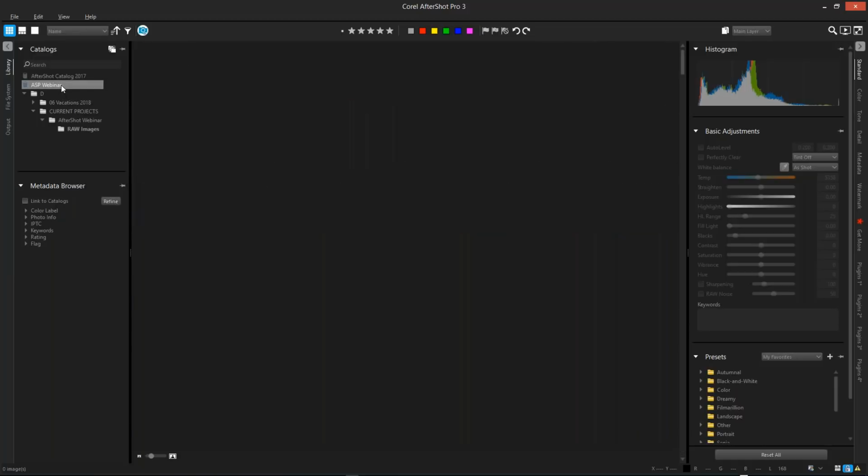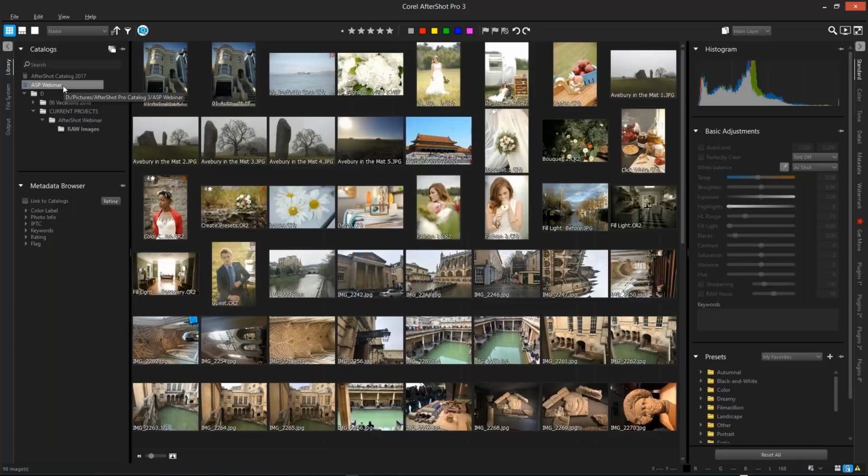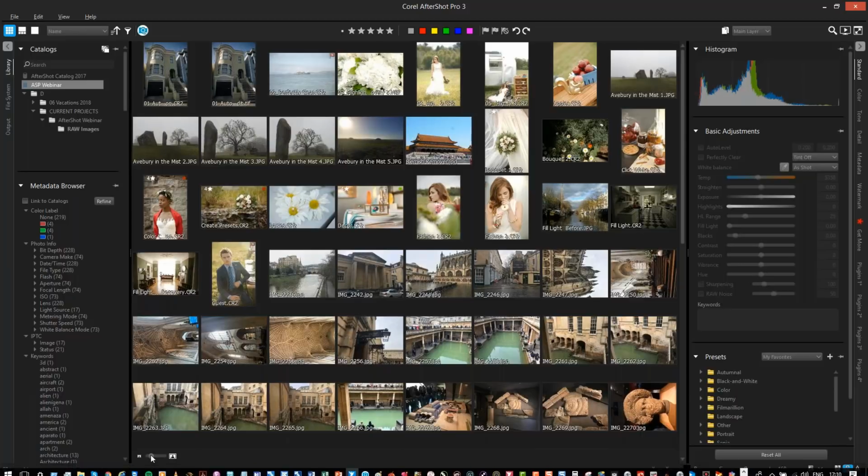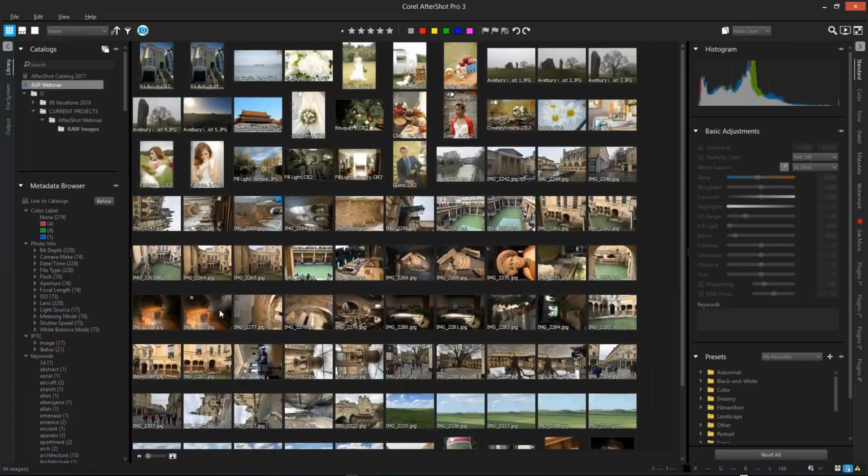If, for example, I click on my AfterShot webinar catalog, which I created for this session, and I just drill down here, I've got all these search criteria to work with. So in this whole, let's just make this a little bit smaller here. In this whole folder of images, I can search for images by bit depth. I can search by camera make. For example, I've got 38 different Canon